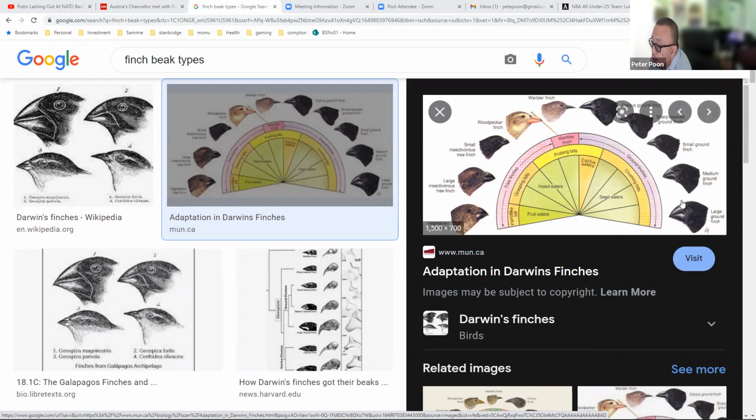So the bigger the jaw, the bigger the seed that you have to eat. So they have to crush. Cactus eaters need longer beaks. So their beaks are focused on being longer. So you realize this guy has a longer beak than this guy, because the beaks have to go in between the cactus's little spikes, so they have to be longer and